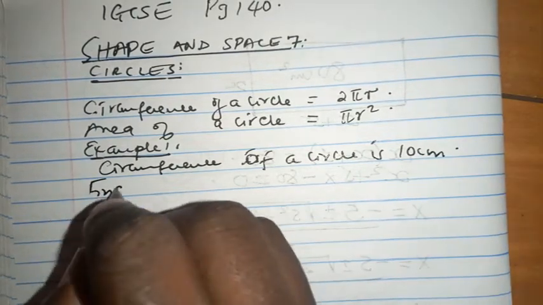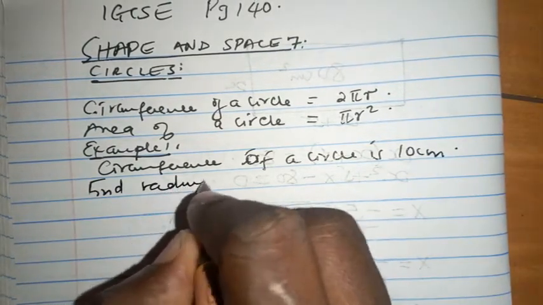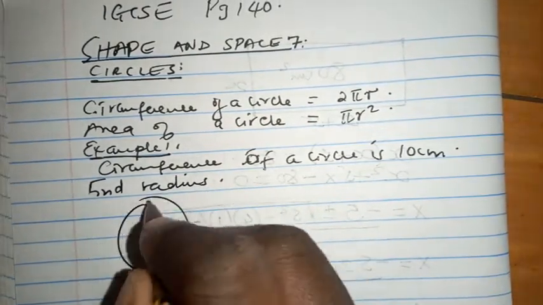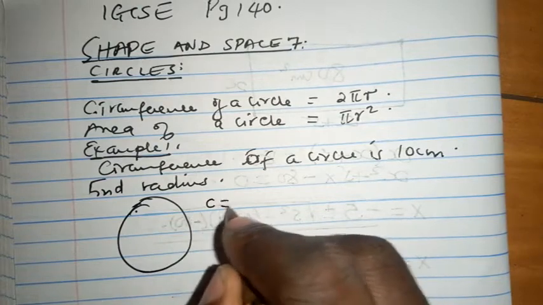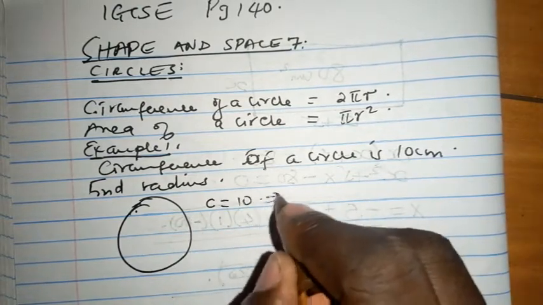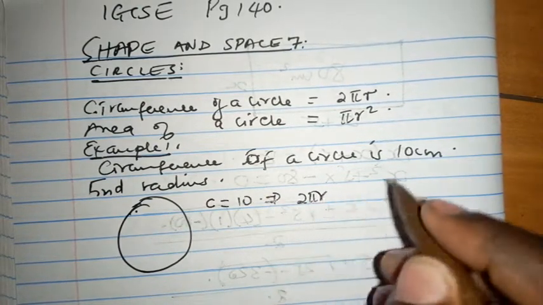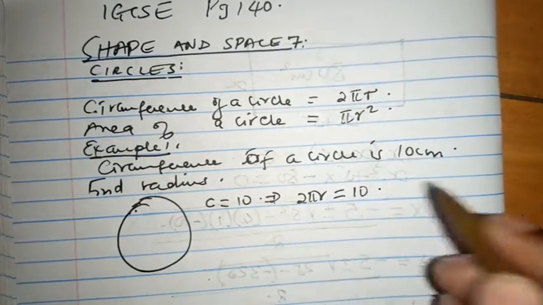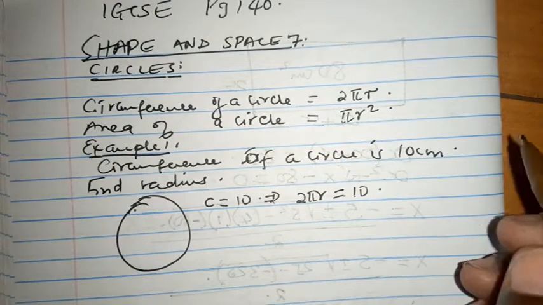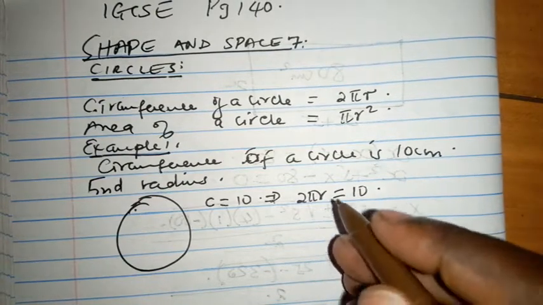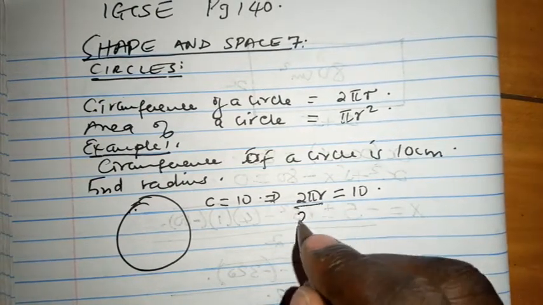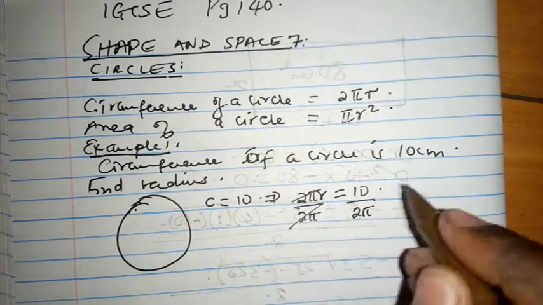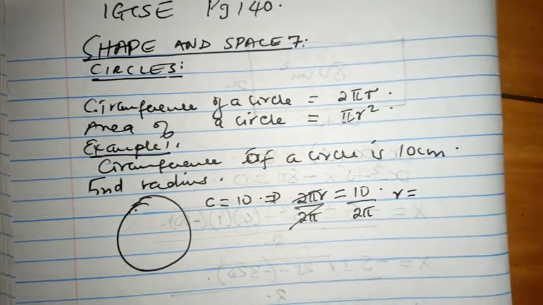You have a circle here, and you're told that the circumference is 10, meaning that 2 pi r, which is the formula for the circumference, is going to give us 10. The only thing we can do is to make r the subject of the formula. So dividing everything by 2 pi on both sides, r becomes 10 over 2 pi,